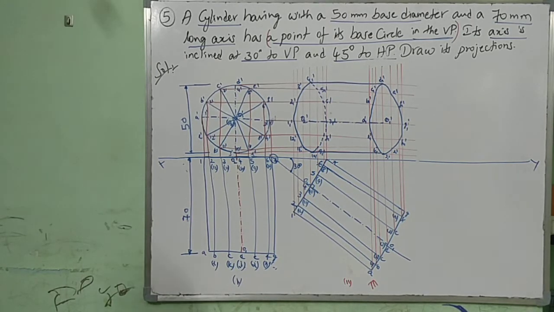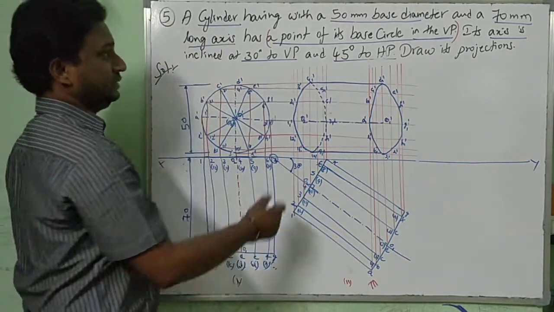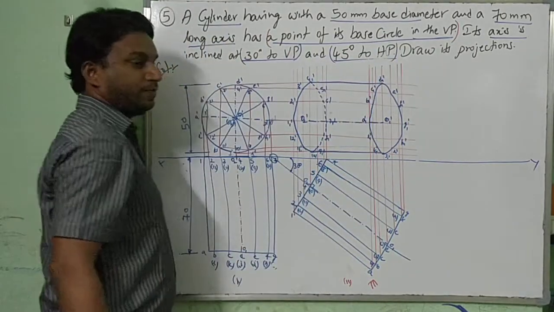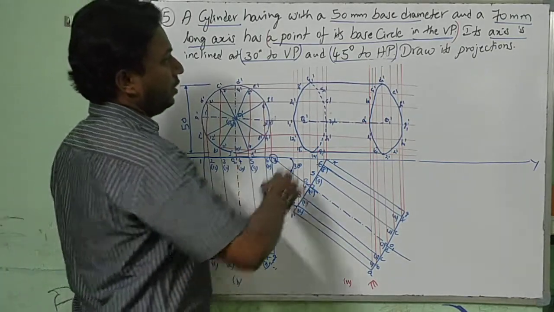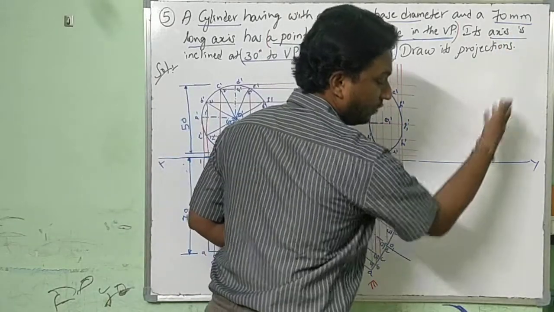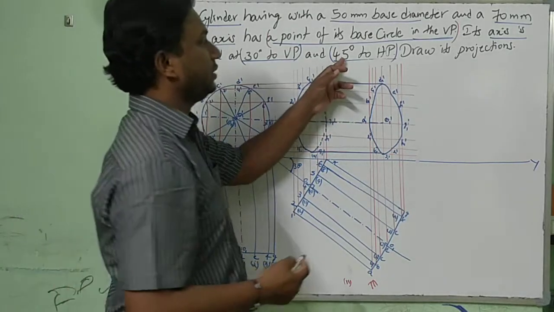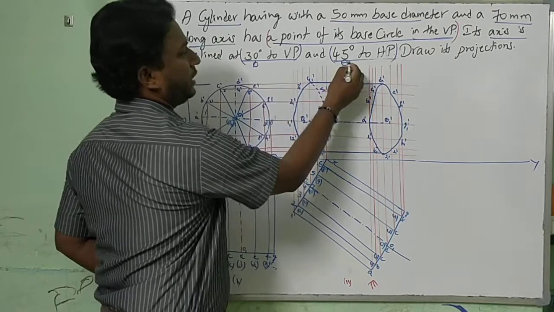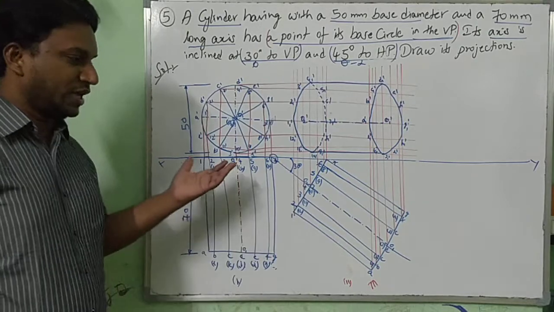Now think. Next, the third stage. Before proceeding to the third stage, what is the case we are discussing? The axis is inclined to both VP and HP. After drawing it at 30 degrees, it is 45 degrees to HP. Now this axis has to be rotated at an angle of 45 degrees. But in actual, it is diminished, so it should not go with angle theta. 45 degrees with respect to HP means theta, and theta becomes the apparent angle alpha. You have to find alpha. How? Same as usual.